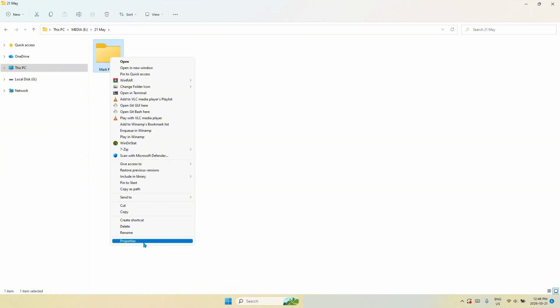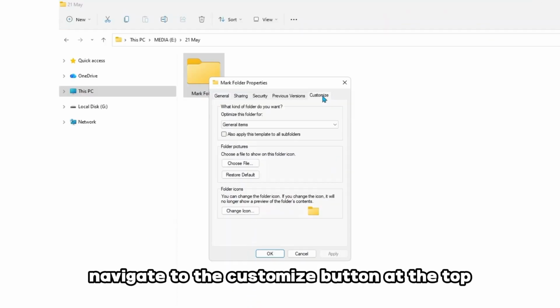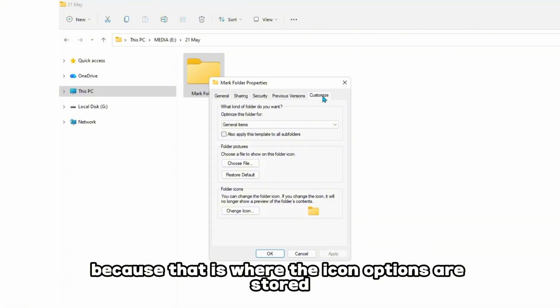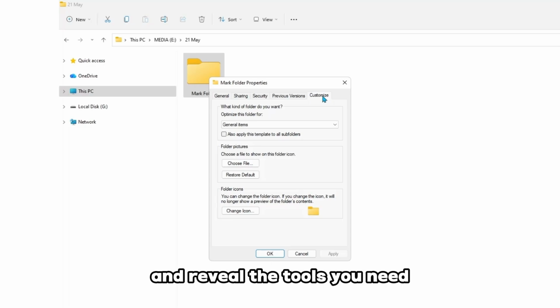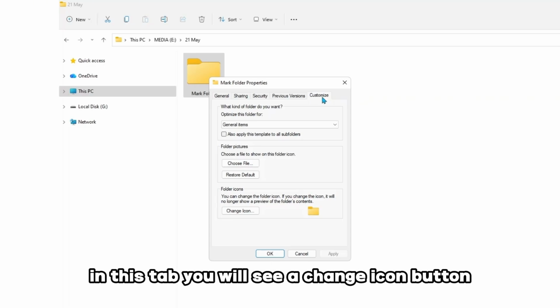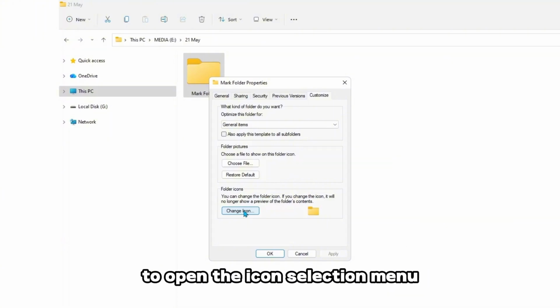When the extended menu appears, go to Properties near the bottom so you can open the detailed settings for that folder. Inside the Properties window, navigate to the Customize button at the top because that is where the icon options are stored. Left-click the Customize button to open that tab and reveal the tools you need. In this tab, you will see a Change Icon button, so left-click the Change Icon button to open the icon